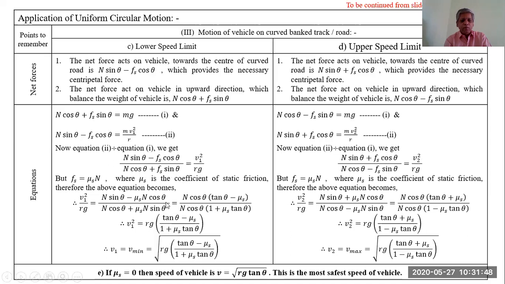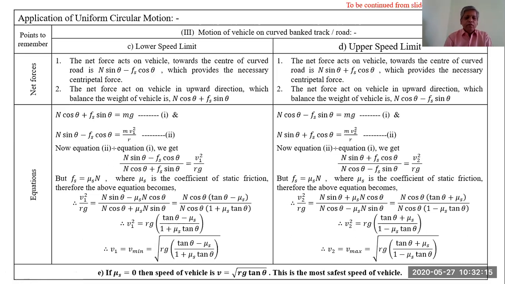Therefore, sin theta upon cos theta is tan theta, divided by N cos theta into bracket 1 plus mu s tan theta. N cos theta gets cancelled. Therefore, v1 square is equal to Rg into bracket tan theta minus mu s upon 1 plus mu s tan theta,